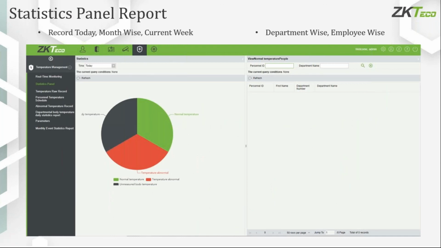Now we want to go to the statistical panel. If you want to know with the help of statistical reports, we can get the report on the basis of statistics, like this one. If you require how many punches we did today, how many records we made today, or if you want to go month wise or week wise, we can get it from this one. Similarly, if you want not on the basis of time but department wise or employee wise,